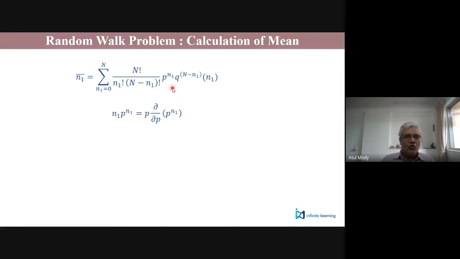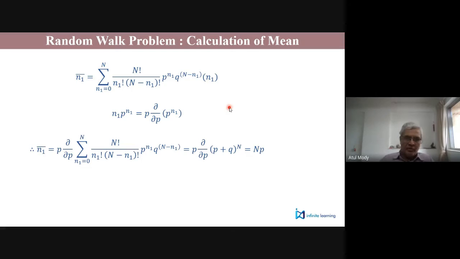And we will assume p and q are independent, which means once I substitute this formula for the derivative, I can very easily move p times dou by dou p outside the summation without much problem. Because the summation does not depend on p, p times dou by dou p can be shifted outside the summation sign. And therefore, what we will have will be the summation of this. Now this probability we know is p plus q raised to n. So p times dou by dou p of p plus q raised to n. It does not operate on q. So it will give you n times,